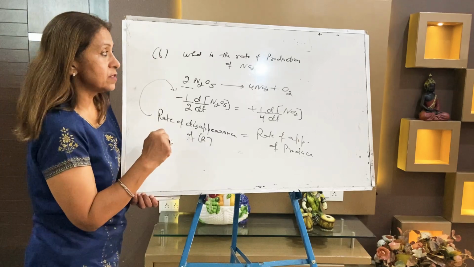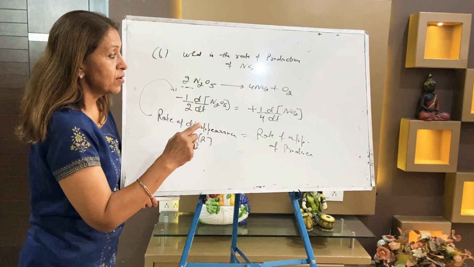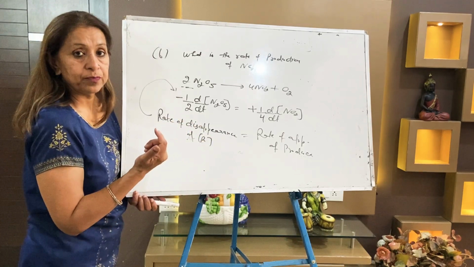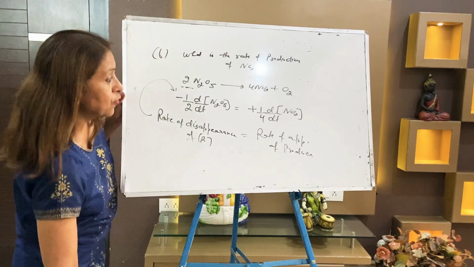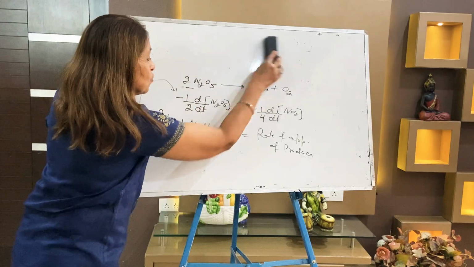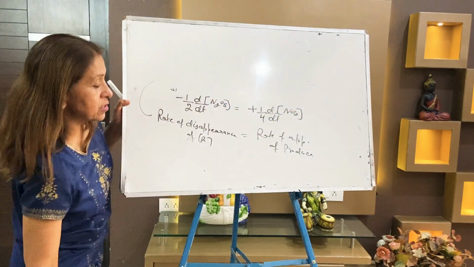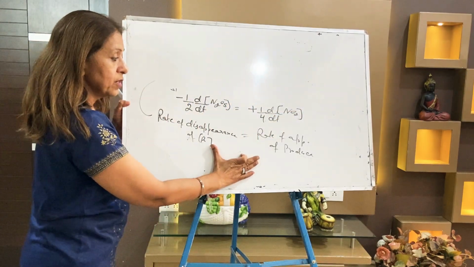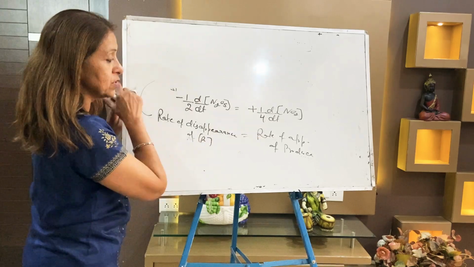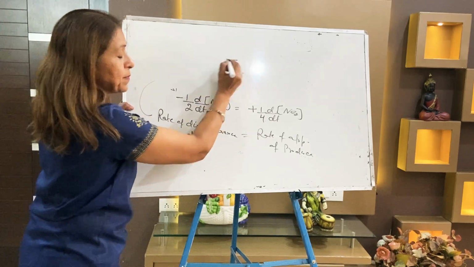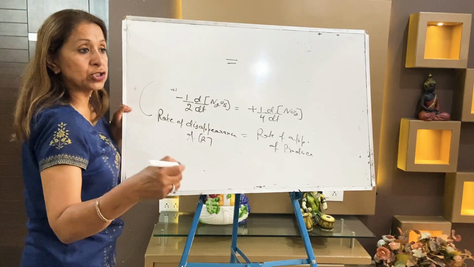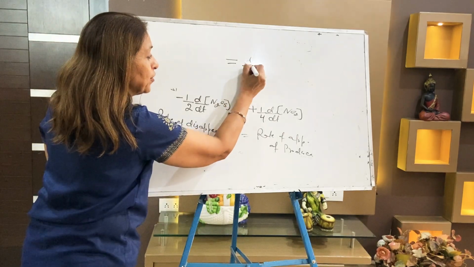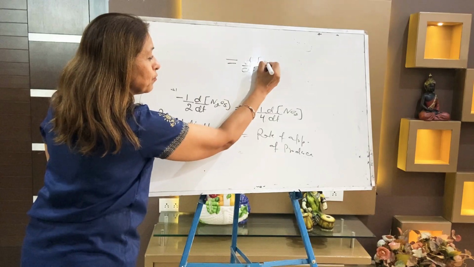The question is, calculate the rate of production of NO2. Now listen to me carefully. Rate of production of NO2. So what will you do in the next step? Your first step is to apply the formula. Next is to write rate expressions. Now the main step is this. They are asking to calculate the rate of production for NO2. So write down d by dt of NO2.